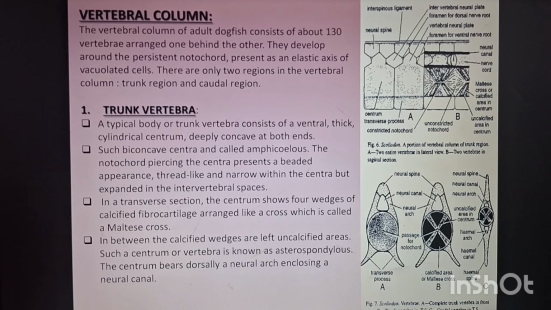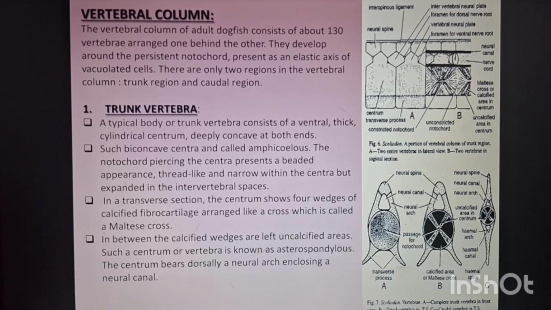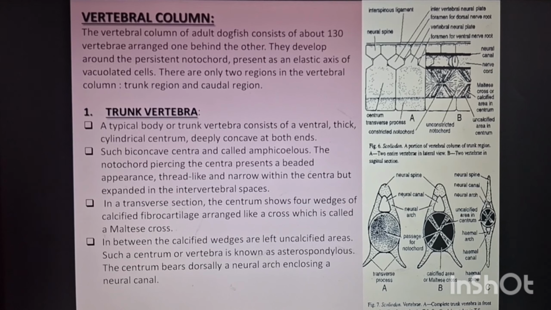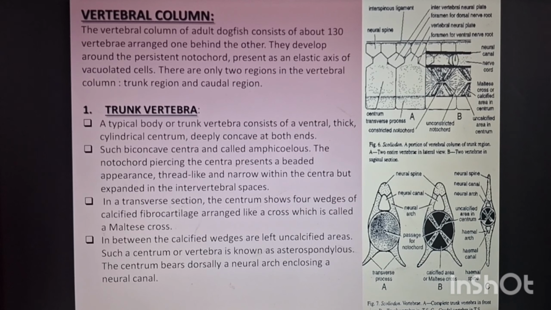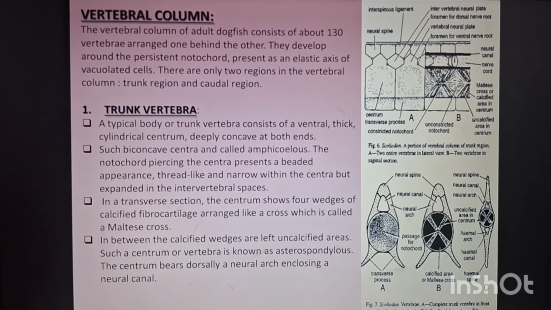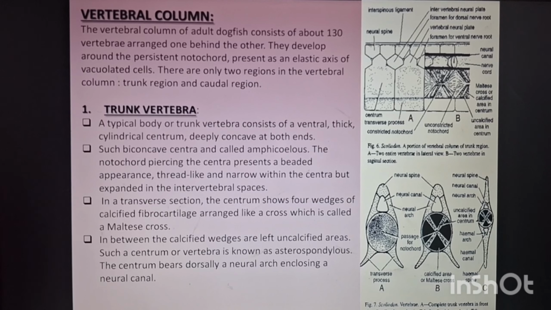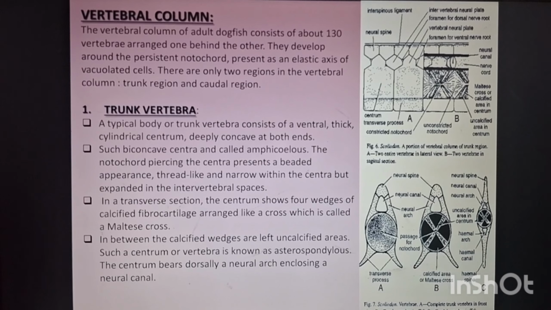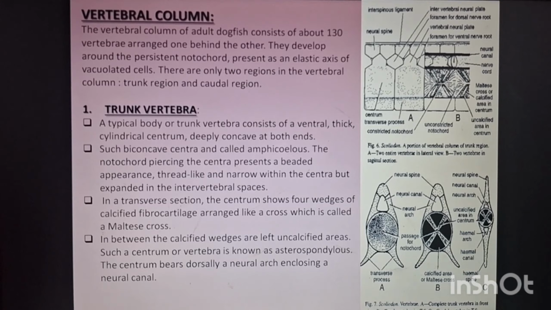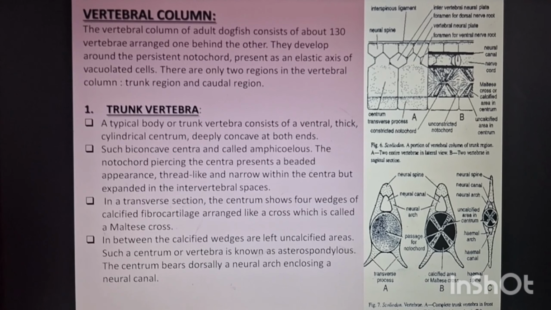So first I will discuss the trunk vertebra. A typical body or trunk vertebra consists of a ventral, thick, cylindrical centrum, deeply concave at both ends. Such biconcave centra are called amphicoelous. The notochord piercing the centra presents a beaded appearance, thread-like and narrow within the centra, but expanded in the